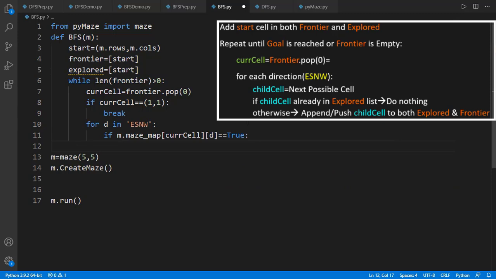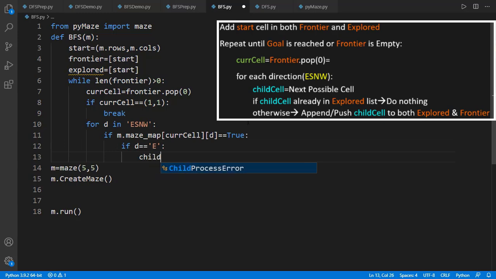Finding the child cell is different for each direction, so I will have one if condition for each of the 4 directions. If the direction is east, the child cell is on the right of the current cell, which means the row number is the same as that of the current cell, and the column index is 1 more than that.